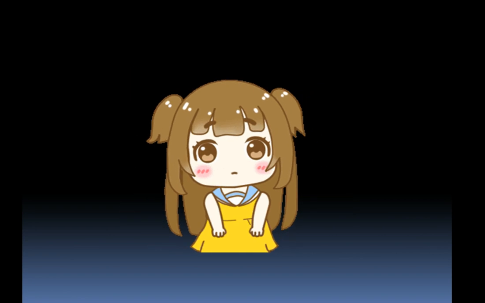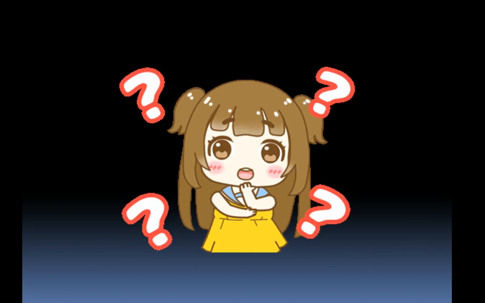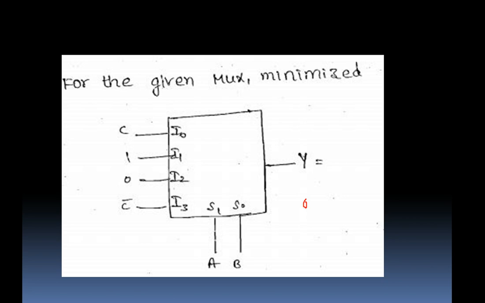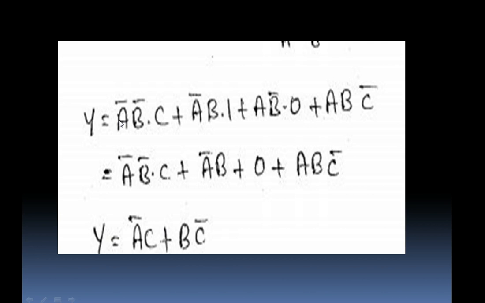In order to solve that one, first you have to take the selection line combinations. Here we are having the 2 selection lines, so 4 combinations. When these two values are 0 0, I naught is selected, 0 1 I1 is selected, 1 0 I2 is selected, and 1 1 I3 is selected. So here I am writing 0 0 A bar B bar, and I naught value is C, and 0 1 A bar B and I1 value is 1, and 1 0 A B bar and I2 value is 0, 1 1, that is A B and I3